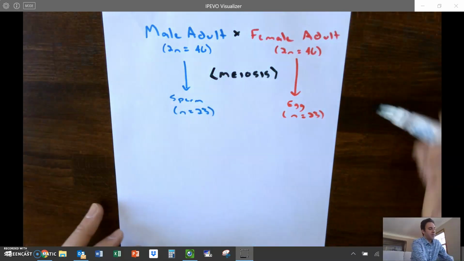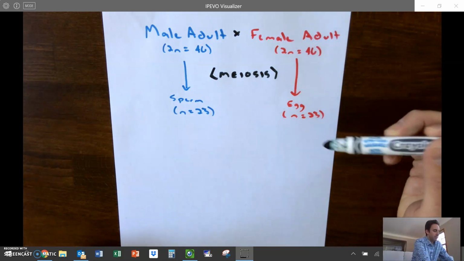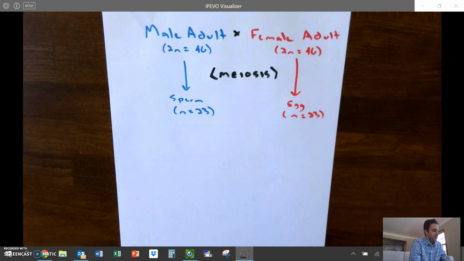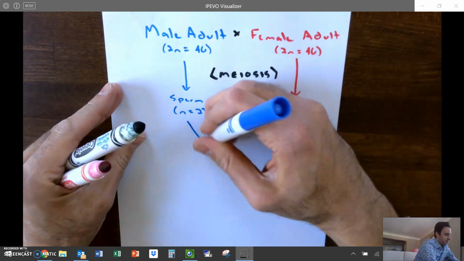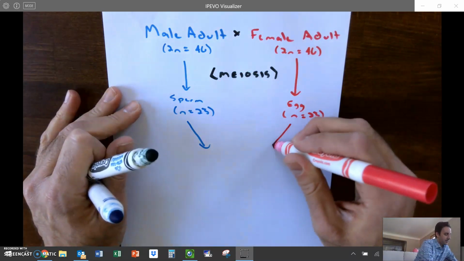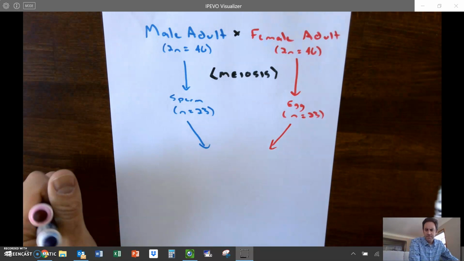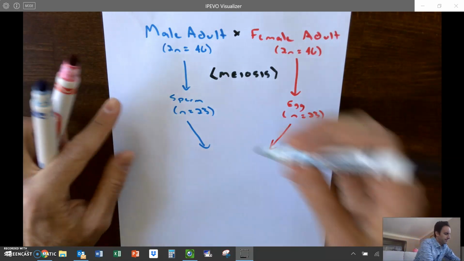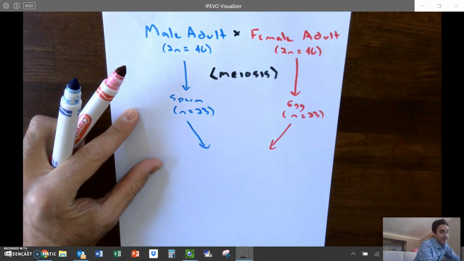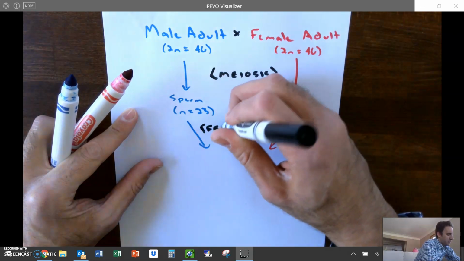Okay, so that's this process where the chromosome number is cut in half from diploid to haploid. But then what can happen is the sperm will combine with the egg in a process, and I think you know this term, starts with an F, fertilization. So this process called fertilization